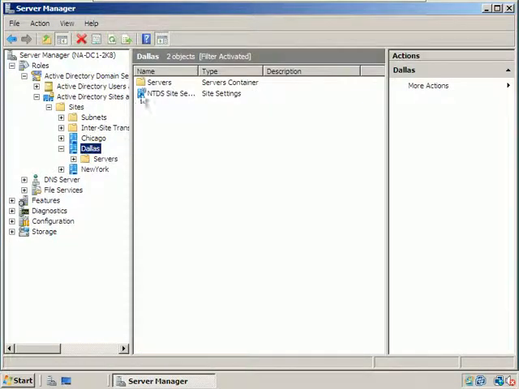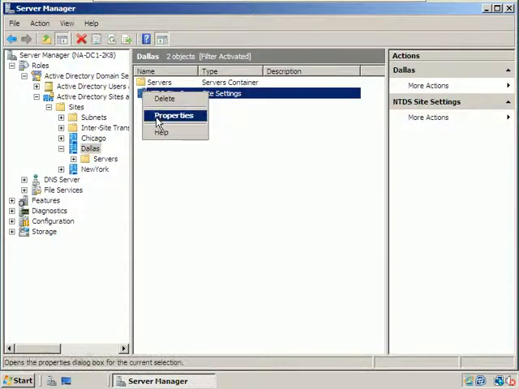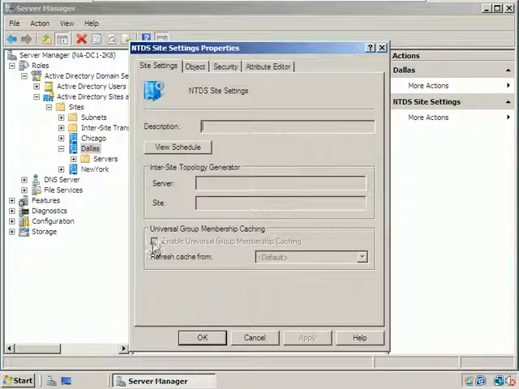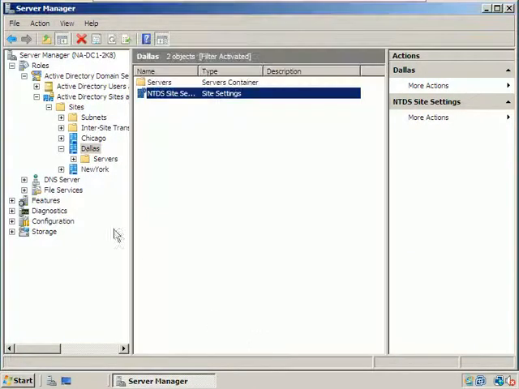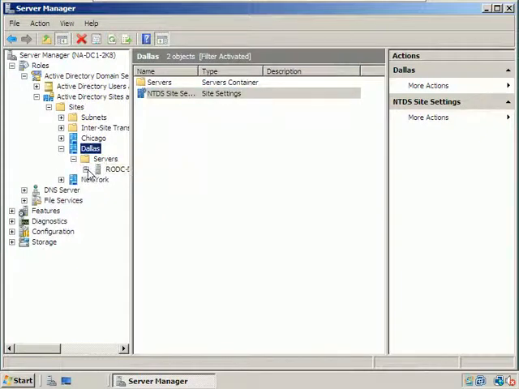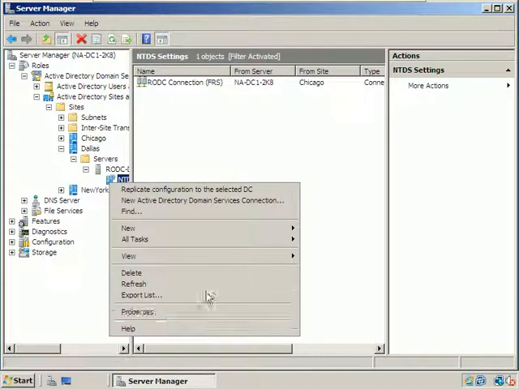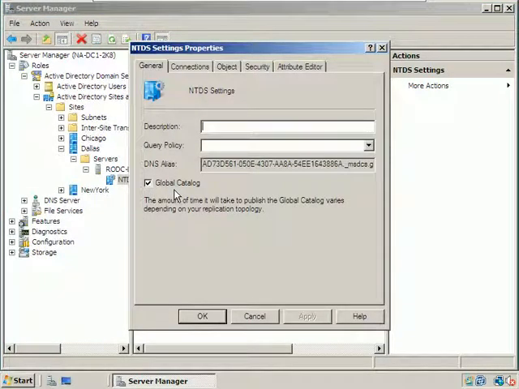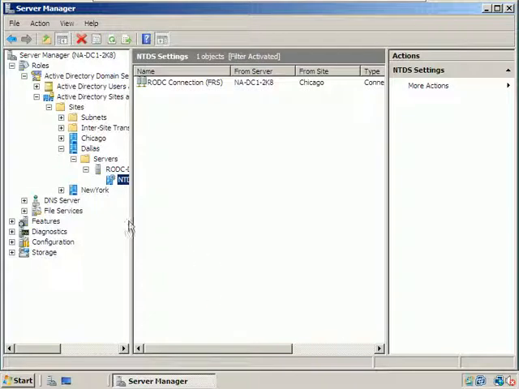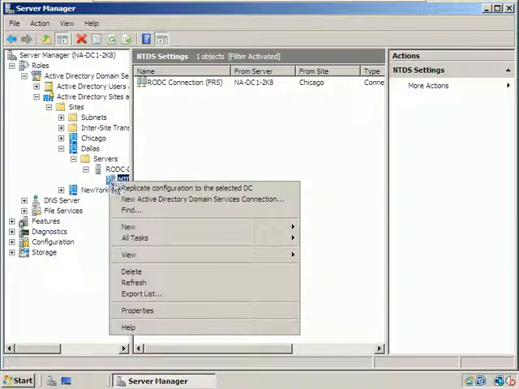So I'm going to click right here on Dallas. I'm going to right click on the NTDS settings. And looks like I may have accidentally made it a global catalog, I think. I was pretty sure that I didn't, but let's just go ahead and double check here. Maybe I did. Yep, it is global catalog. So looks like we don't need to have the universal group caching done because it's a global catalog mostly on accident. Now I could go ahead and uncheck it and enable the universal group caching, but as it is, it's there. It's probably not going to suck up too much bandwidth,